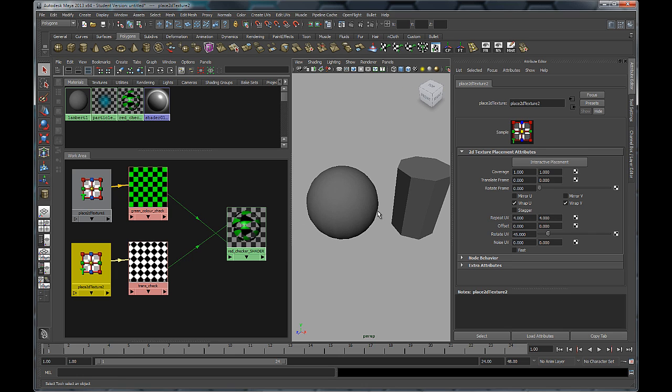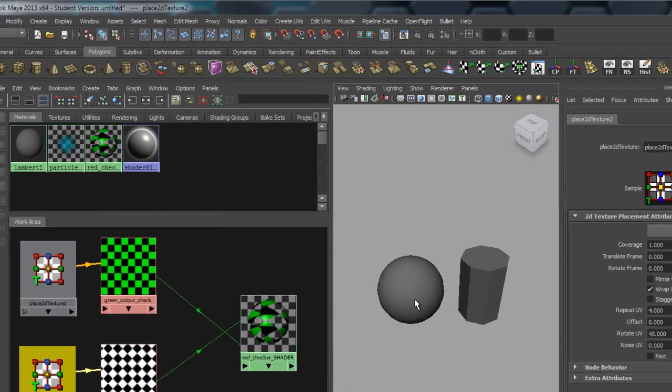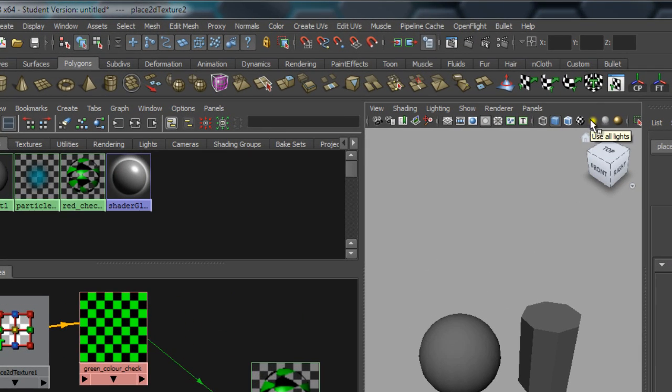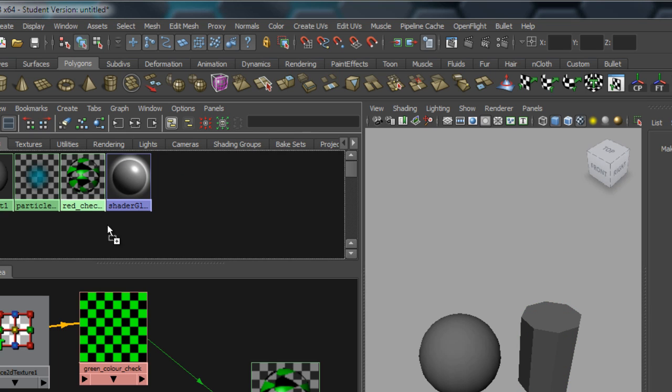So we've got a couple of different ways of applying materials in Maya. The first is from the Hypershade. The first thing we can do is directly middle mouse drag the shader from here onto an object, and when we let go of the mouse button, it will apply that shader. Now if I just undo that, you'll see that the color changed a little bit. In order to see these patterns appearing on the object, we have to have this set to smooth shade, but we also have to turn textures on, which is this little black and white sphere. So if I click that on, and then drag the material onto here,